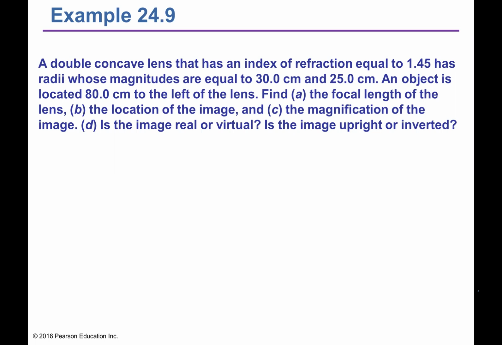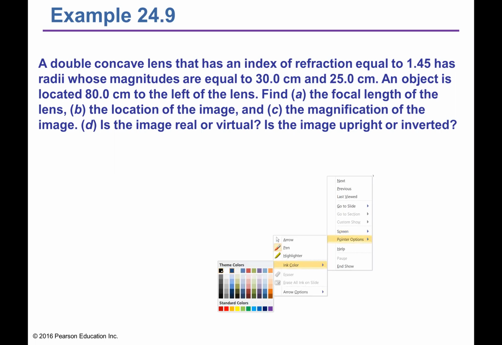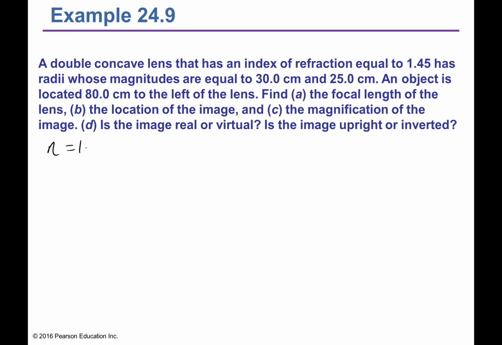What we're given here is the index of refraction of the lens. So n is equal to 1.45. And I'm given a concave lens, okay? Remember, for concave, R1 was negative, R2 was positive. That means R1 here is -30 centimeters. Then R2 here is positive 25 centimeters. Then I'm given that the object here is 80 centimeters in front of the